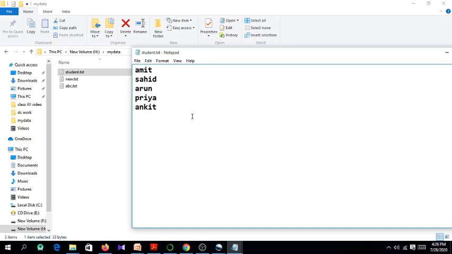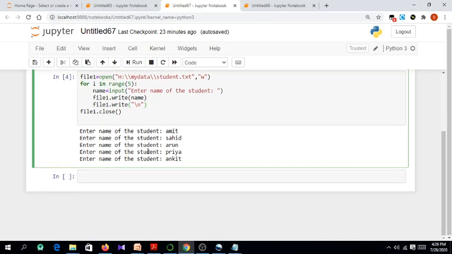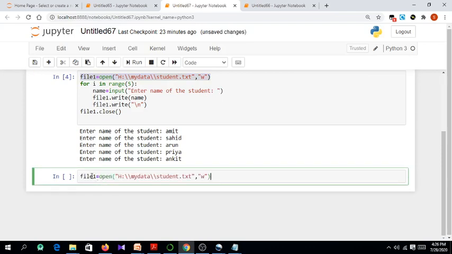No, it is not possible, because whenever we use write mode, while writing the 6th name, all these previous 5 names will be deleted and only the sixth name will be retained, that will be a problem. So in this kind of situation, it is very useful to use append mode. Now let us do the same thing. Okay, now I'm opening the same file, file1 open as my, and here instead of w I will write a. You know a means append mode.